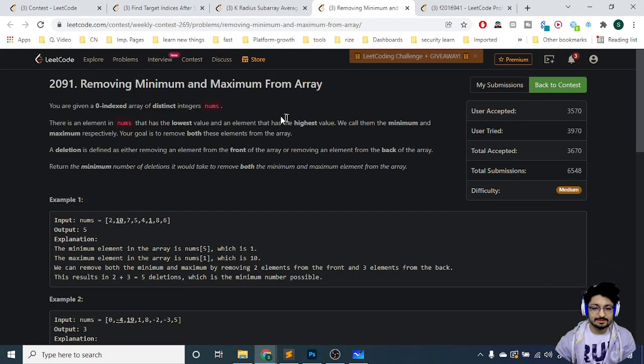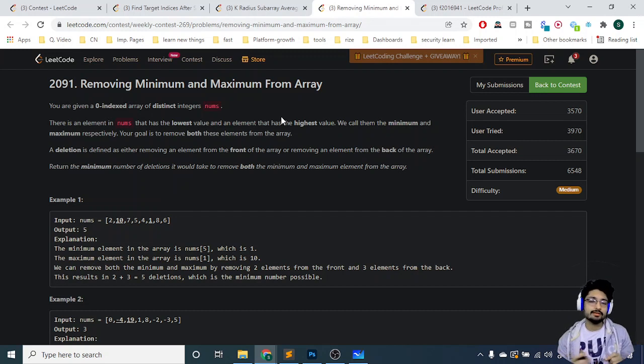Okay, and let's move on to the third problem, removing minimum and maximum from array. So I'll also give you a brief overview of this problem. It states that you are given nums having distinct numbers. Now what you have to do is remove elements from either the start or the end.